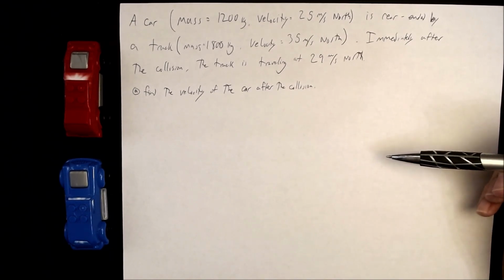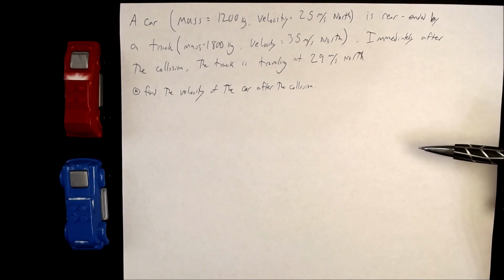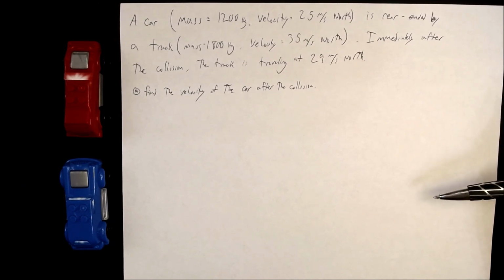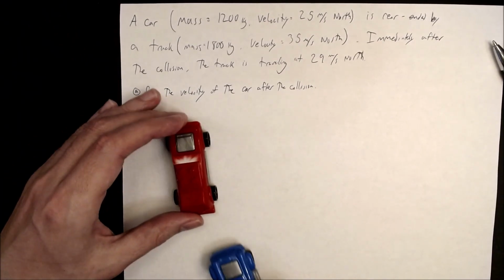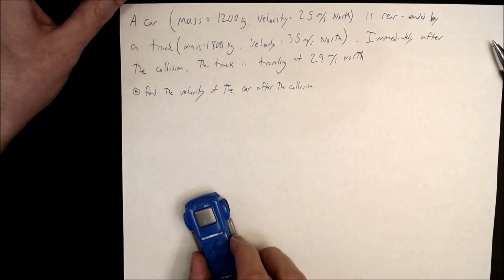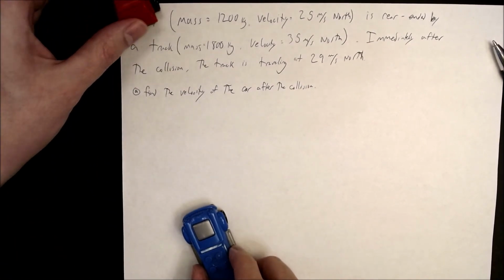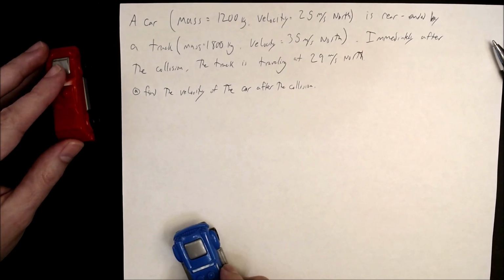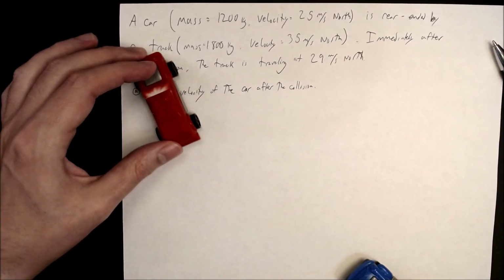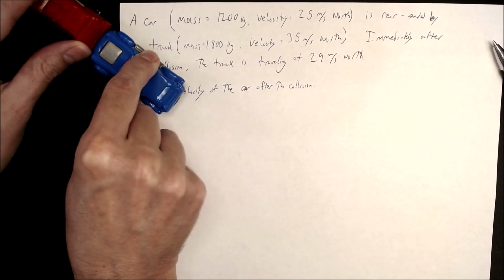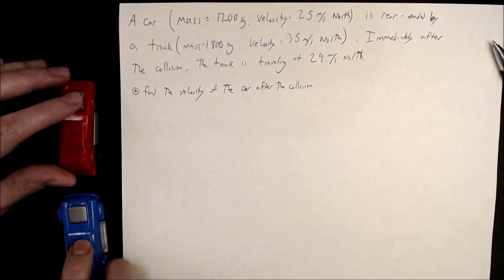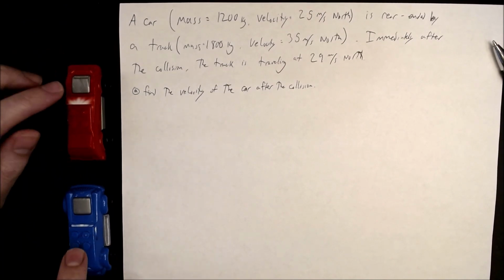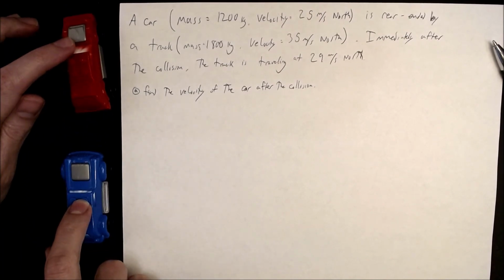A good idea before you start any collision problem is to try to figure out what kind of collision it is. Well, if it's an elastic collision, all the energy is conserved, and the vehicles will probably be bouncing off at a very, very high speed after that collision. If it's a perfectly inelastic collision, they will connect together and move on together after that. In an inelastic collision, it's halfway in between, that they will bounce off of each other, but they won't conserve